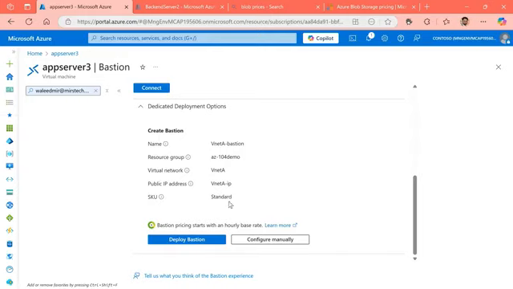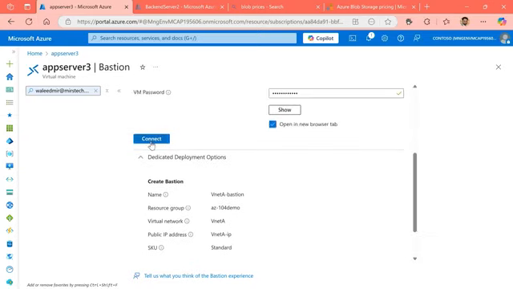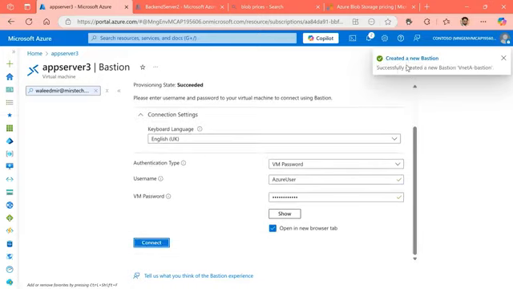Like I said, it's a managed service, so I could get away with not doing any of that if there was no need for me. Now, all I need to do is click on connect and it deploys, or I can simply deploy first and then connect. In this case, both will work. Let's hit connect. Now, as I see on the top, it's created the Bastion service for me, and